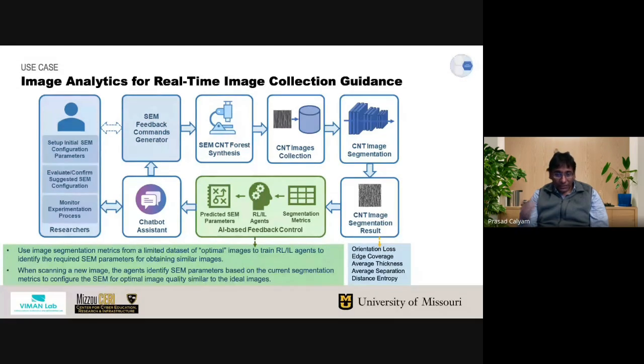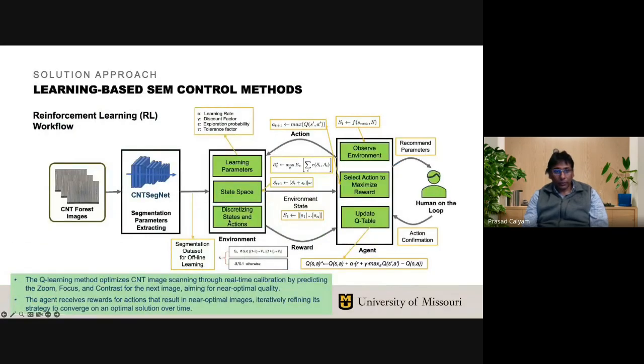And based on this sort of segmentation results, we know through the machine learning approaches here what sort of metrics would be best to guide the next set of ideal images that would help create this ideal CNT material properties, right? So here is a little bit more on the two methods. So one method is the reinforcement learning method that we have developed, which is a very essential method here because we don't have a lot of data, and so